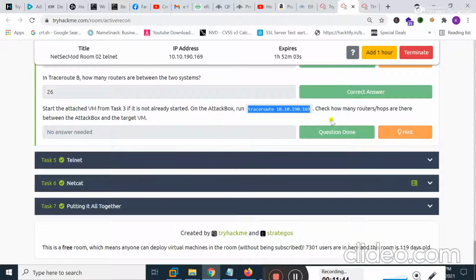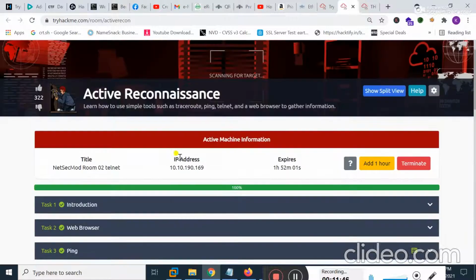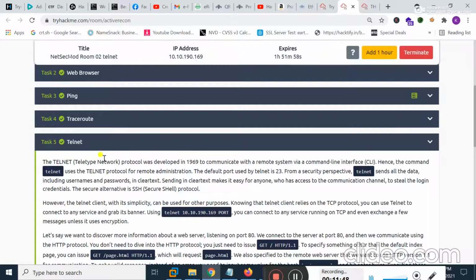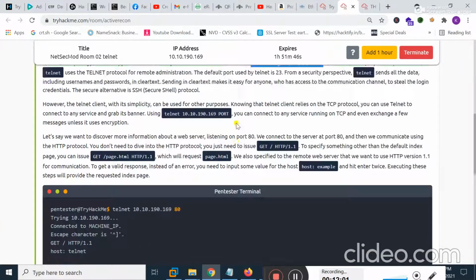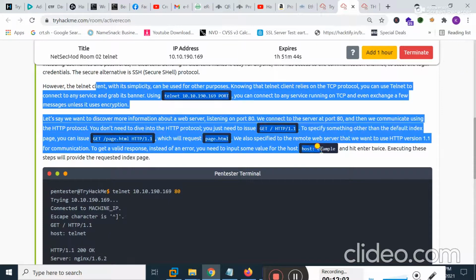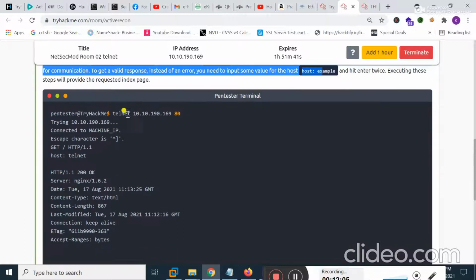Okay, let's jump to task 5, that is telnet. The Telnet teletype network protocol was developed to communicate with a remote system via the command line. By using telnet, students, you can communicate with the remote system through the command line. Different commands are present here, and let me show you.